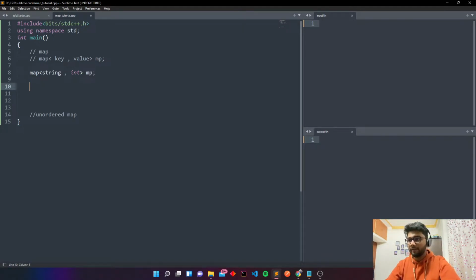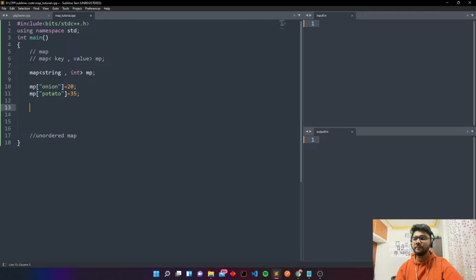Now, say you are given that the cost of onion is 20 rupees per kg. Okay, so let's say MP of, since it is a string, we write this, okay, and ONION is equal to 20. Okay, now MP of say potato is equal to 35.